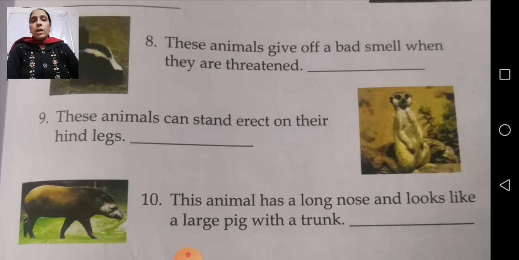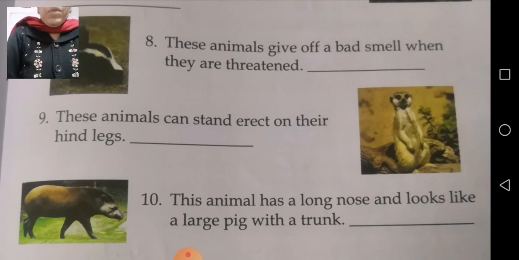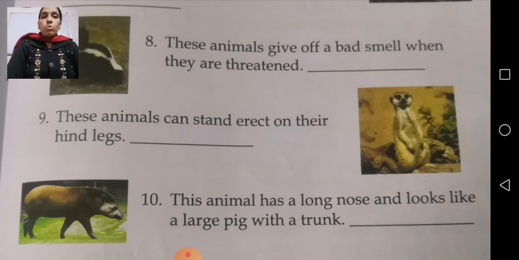Now number 9. These animals can stand erect on their hind legs. Now number 10. This animal has a long nose and looks like a large pig with a trunk. If your page does not get signed, no problem, later on ma'am can sign.